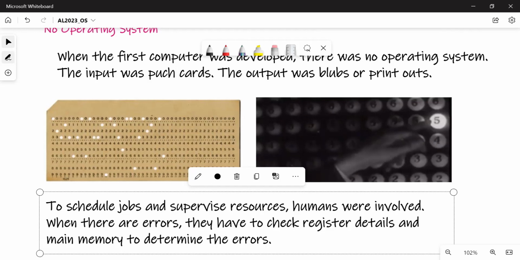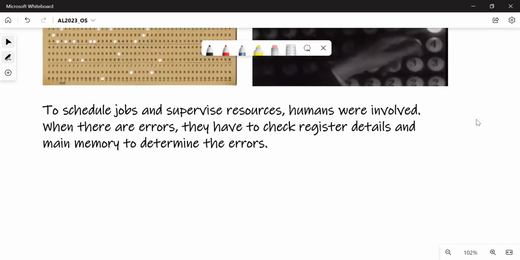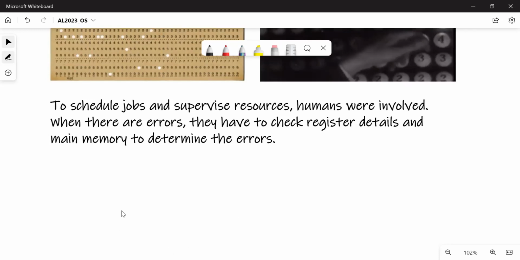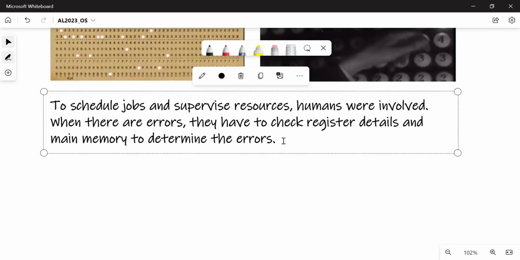So if you look at some of the characteristics of operating systems, we can highlight the main things. Some characteristics of this we need to write down.